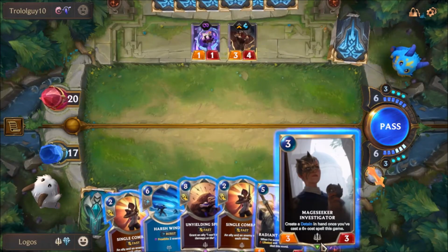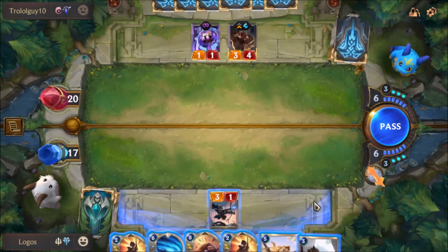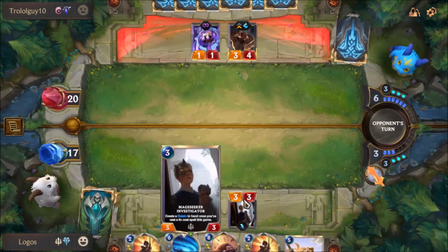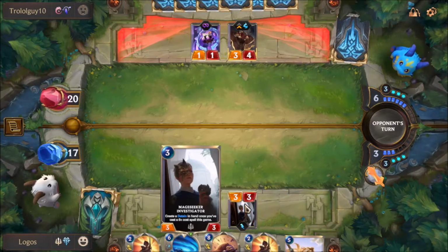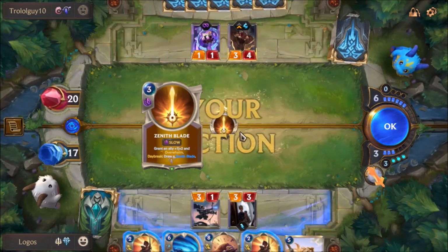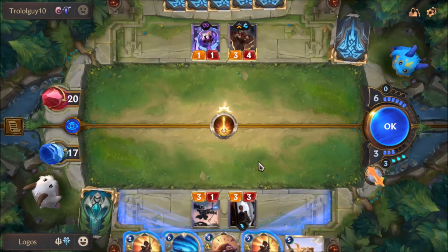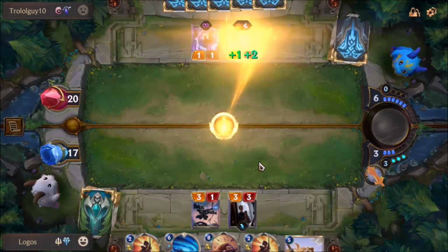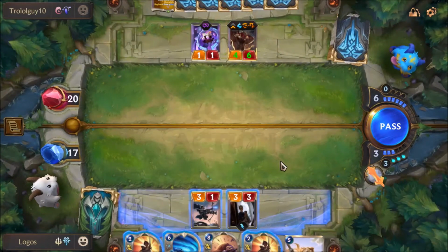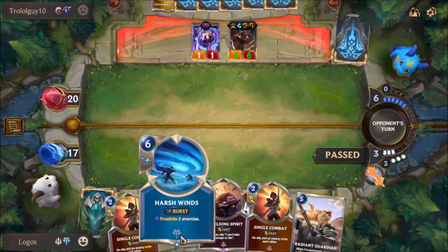Mage Seeker Investigator. So yeah, again, another card that synergizes with the 6+ spells. I kinda like this because it adds a removal to your hand. Okay, Zenith Blade. Like for example here he's committing to that and we can detain him. So yeah, we can let him do that, we don't really care. And we can pass here, really. I want to keep the Frostbite